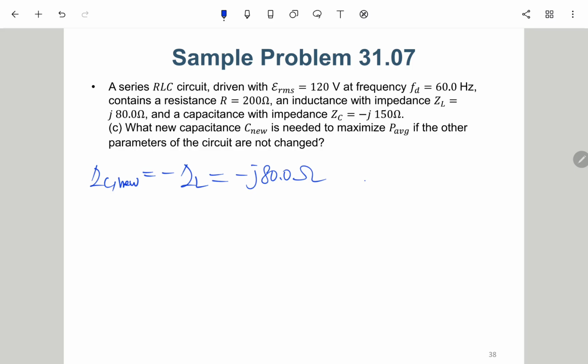But actually we know that this is 1 over j omega C new. So we can calculate that C new